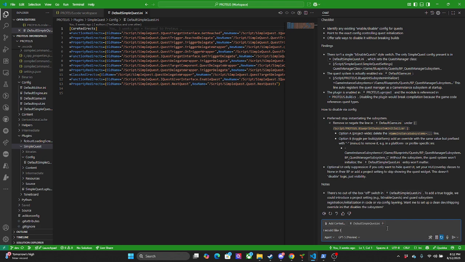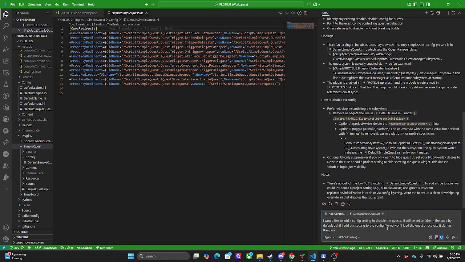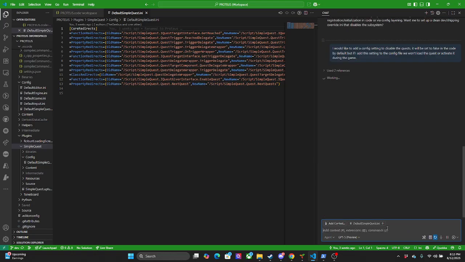All right, step one, make that work. So I'm going to add a config setting to disable the quest.